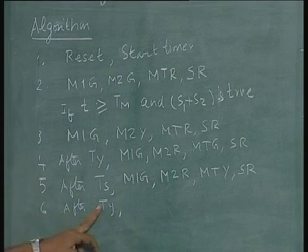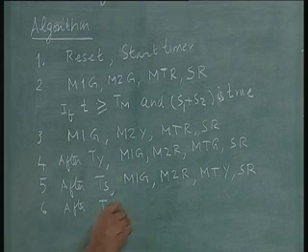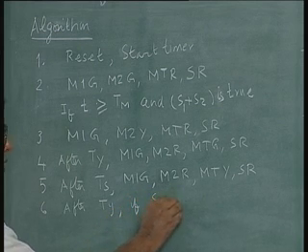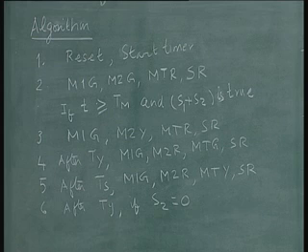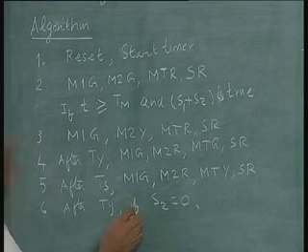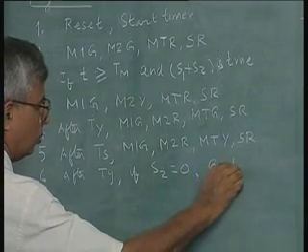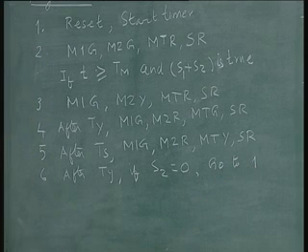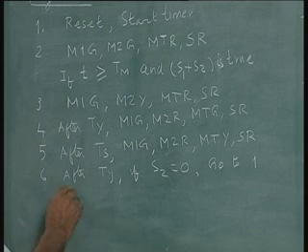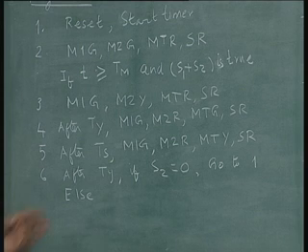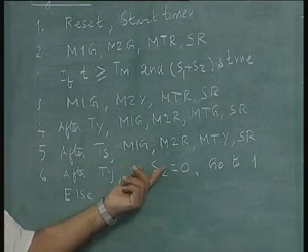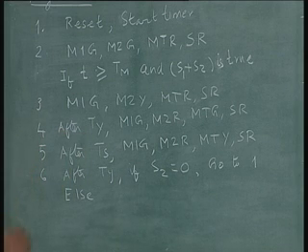After T yellow, if S2 is 0, then we will go back to this step. On the other hand, else, which means after Ty, if S2 is not 0, that means S2 is 1, we will have to go and